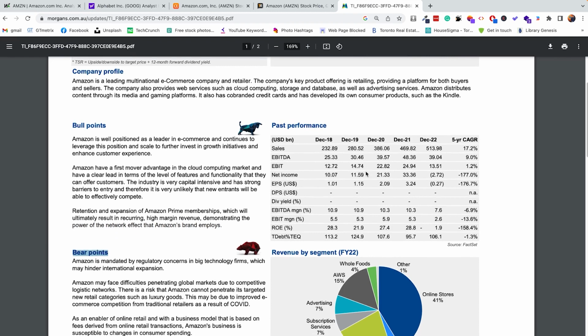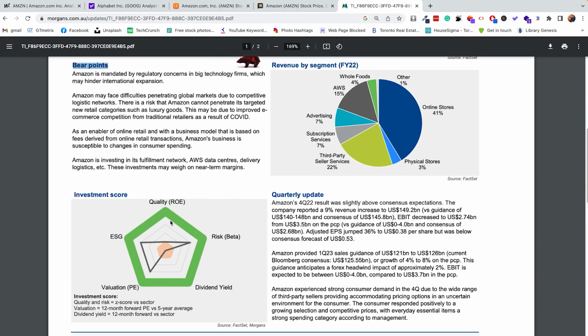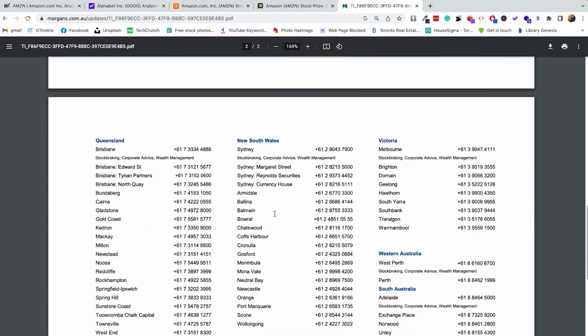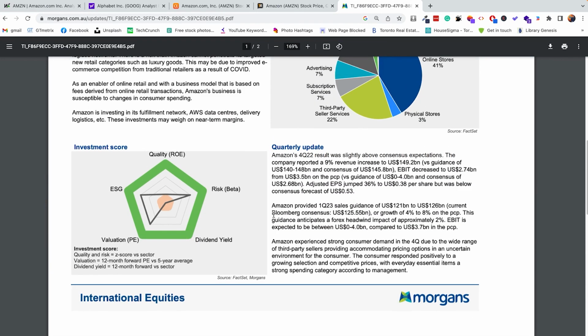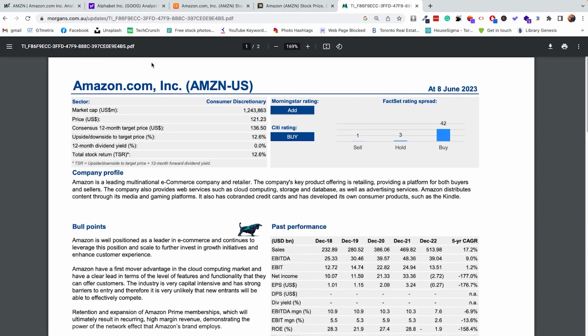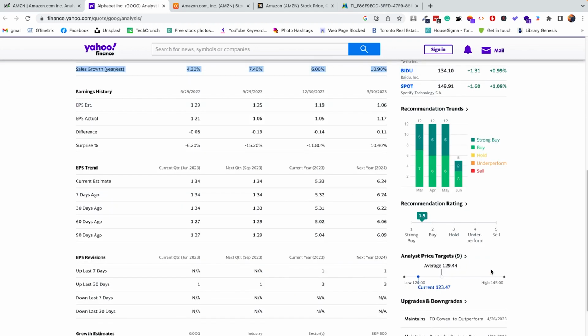They present their financial analysis in terms of past performance, segmented revenues, quarterly updates and whatnot. And this is a cool way to visualize how they're analyzing the stock and how they think of it. And then at the end they provide a recommendation as to whether or not you should buy, sell, or hold this particular stock. So this is typically how this research is performed. And then obviously the other sites that you see are aggregating the analysis from many different analysts and investors and putting it into these graphs and tables for you to visualize. That's generally how the process works.